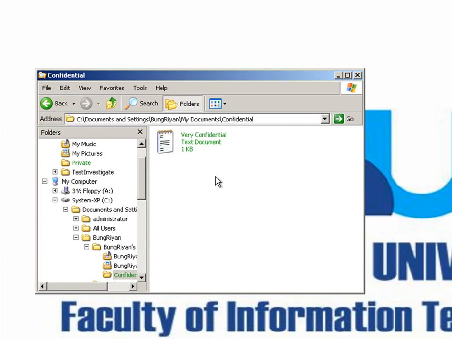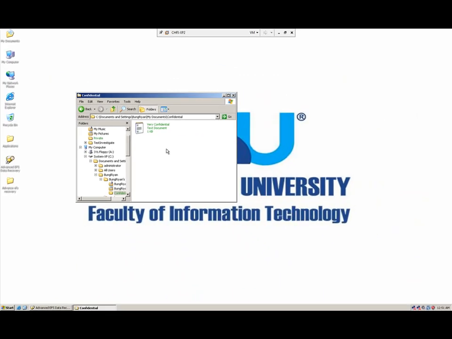But what if Bung Rian, the user, is lost and forgot their password, or maybe hackers changed their password, and no one can open these files? So to decrypt these files and to see what's inside, I will use Advanced EFS Data Recovery.